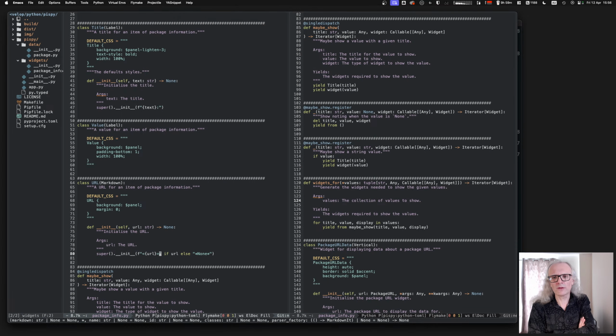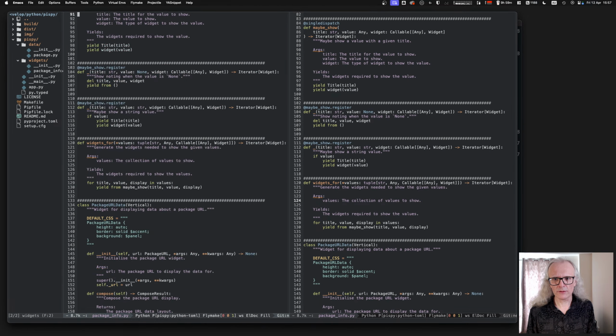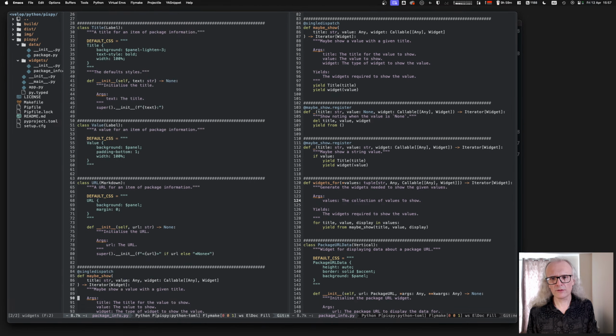Oh, I'm doing that because I'm inheriting from Markdown. That's where that comes from. Going to do something different here. I'll come back to that for a second. No, let's do this. So this actually